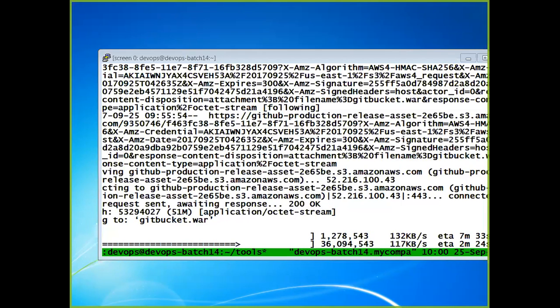Now, in real time, how will you use the Git server? First, you'll install Tomcat, and on top of Tomcat, you will have the Git server or your Jenkins server. You can also go with the standalone method, which is what we are doing. But this method is not a scalable method. It is just for you to understand what the server is and how to work with the server.